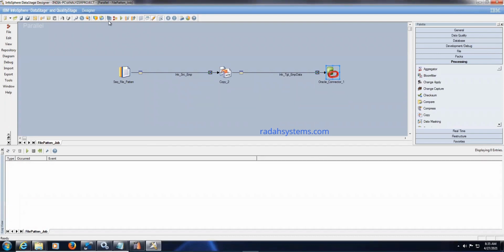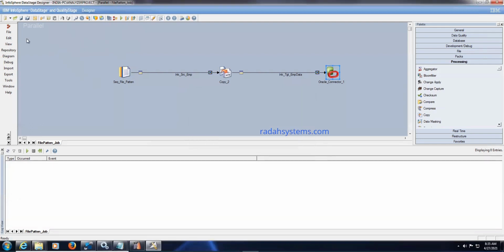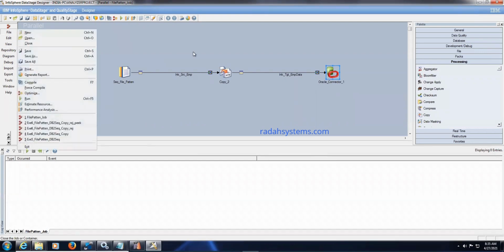Okay. So now we will compile the job. Job got saved. Now we will compile the job. So for compile, there is a blue button here. You can click on that, or you can press F7 from the keyboard.